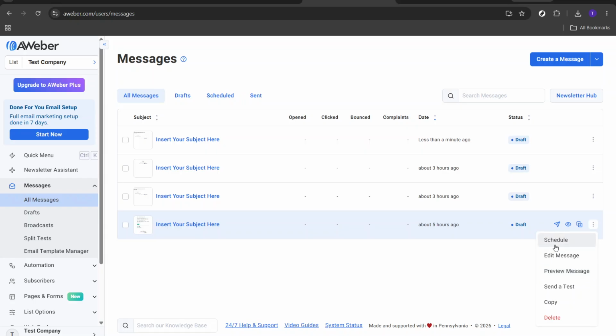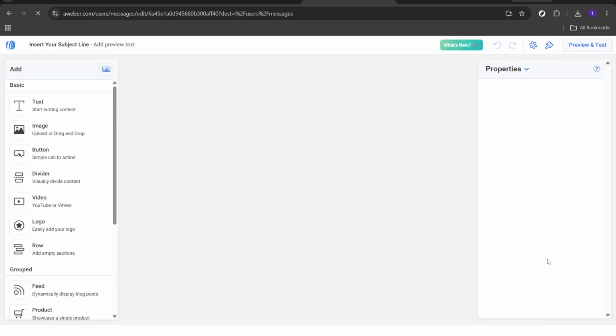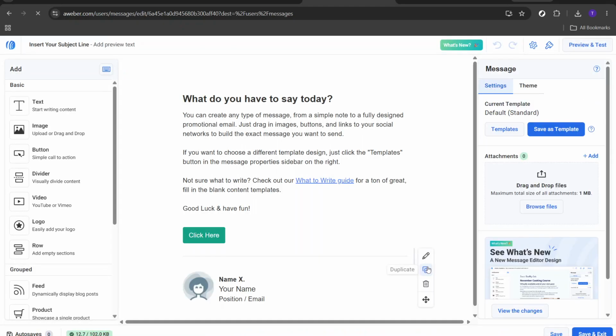Including visuals can make your email more appealing. Click the image option to upload and insert images that complement your message. Don't forget to include buttons or hyperlinks for your call to action, ensuring your audience knows what steps to take next. For a personal touch, you might want to insert personalization fields, like first name, to make messages feel crafted